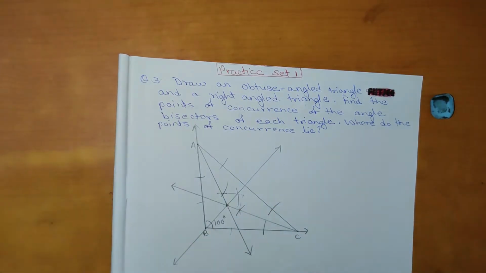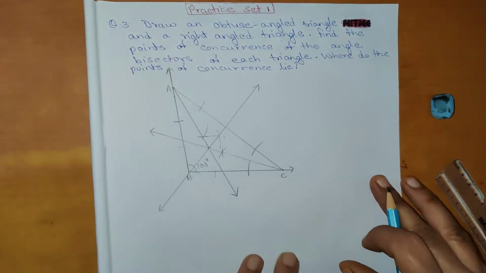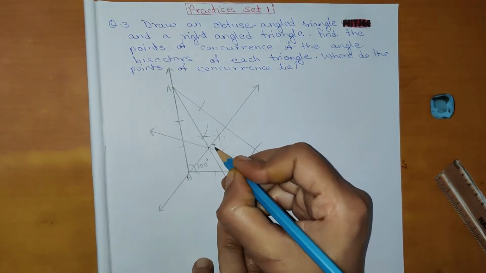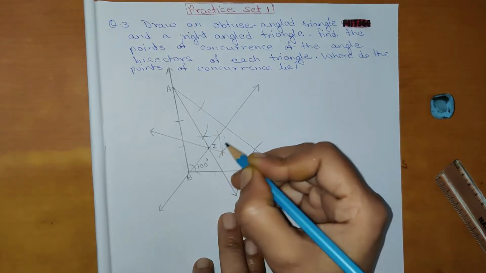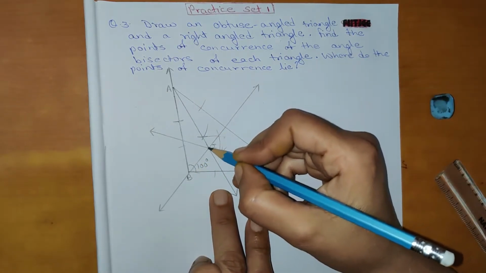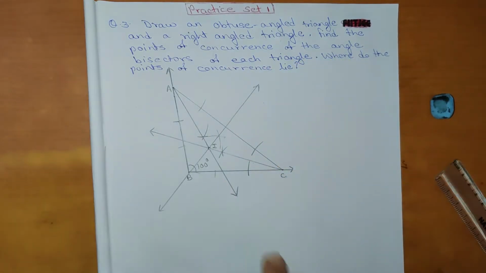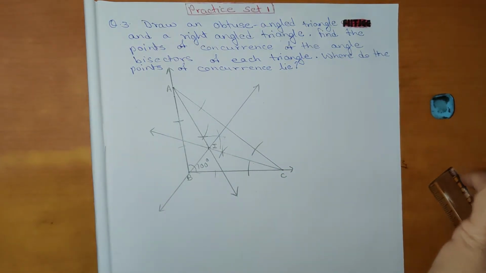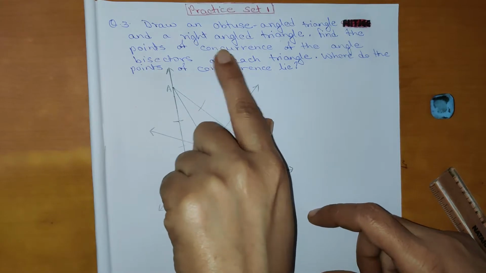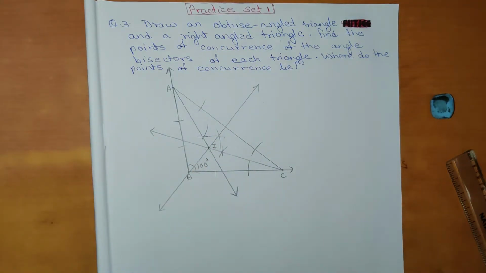Okay, here. So I am giving the letter I because it is passing through the center. That means the point of concurrence is in the center. So I am giving the letter I. Now next, it is given what? Right angle triangle. So we will draw a right angle triangle.